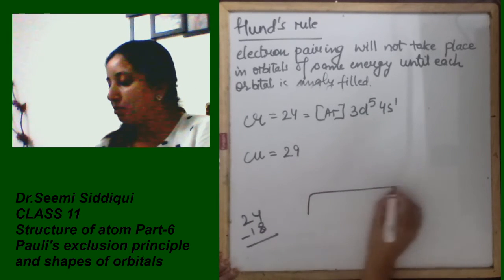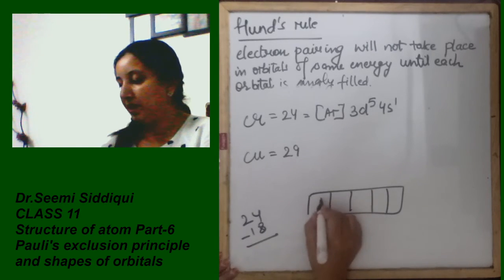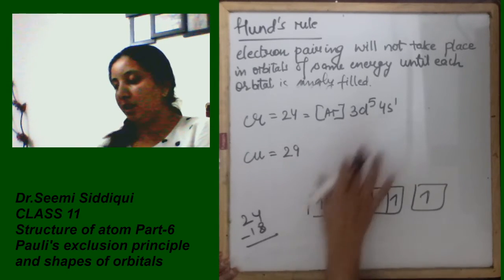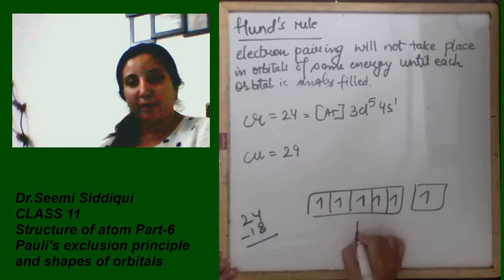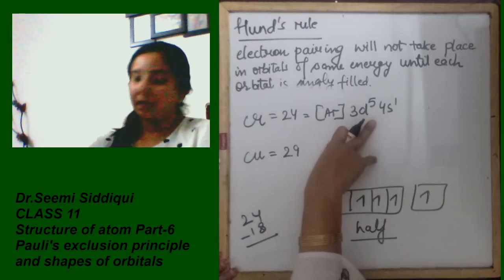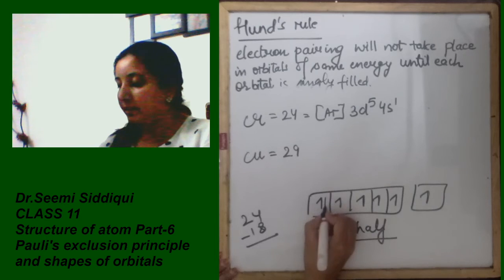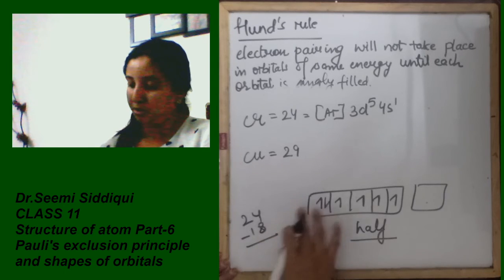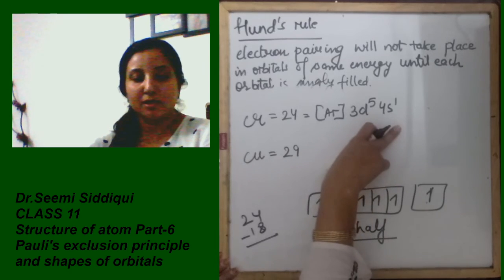Reason being कि जो d है आपका उसके पास 5 orbitals हैं, तो 5 इसके पास और ये 4s के पास, ये हो गया इसका structure diagrammatically. We see that everyone is half filled over here, so half filled are the stable ones. That's why इसकी electronic configuration exceptionals में आती है. हम 3d6 नहीं लिखते, 3d6 लिखते तो ऐसे हो जाता, जिसकी वजह से ये unstable electronic configuration हो जाती. We write down the 3d5 and 4s1.